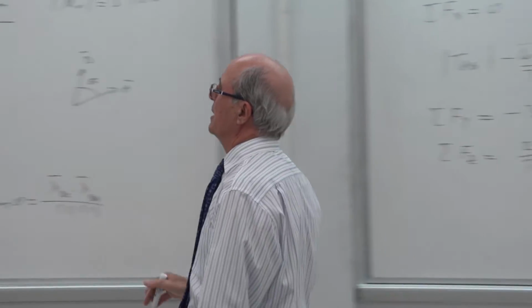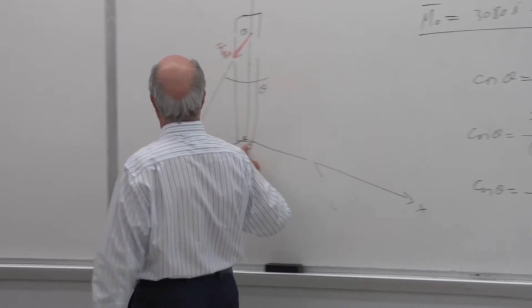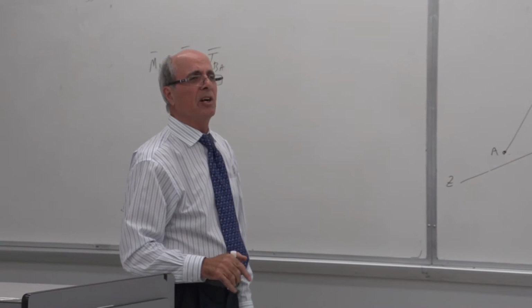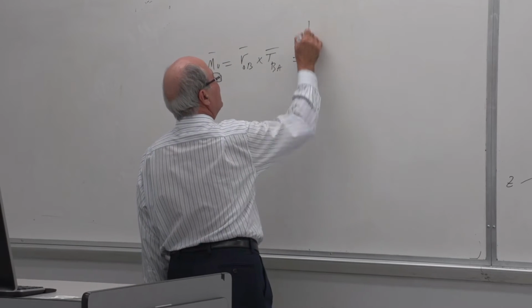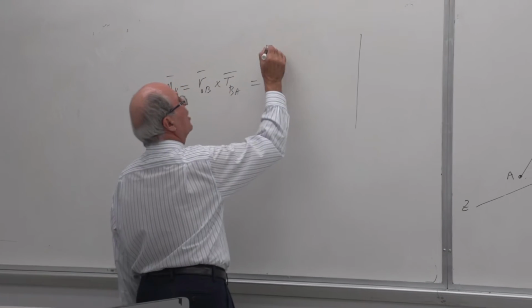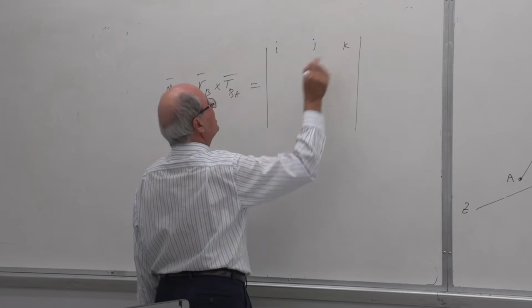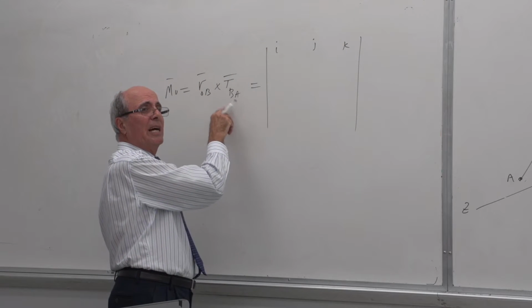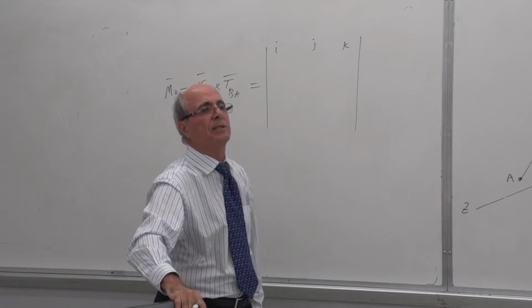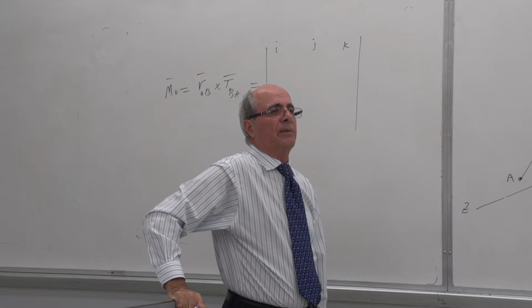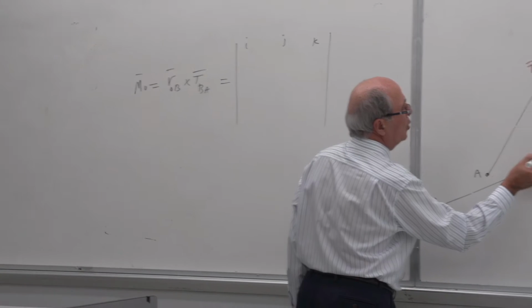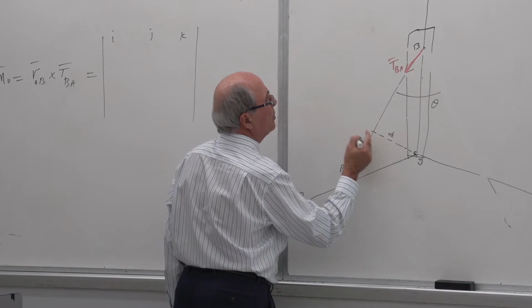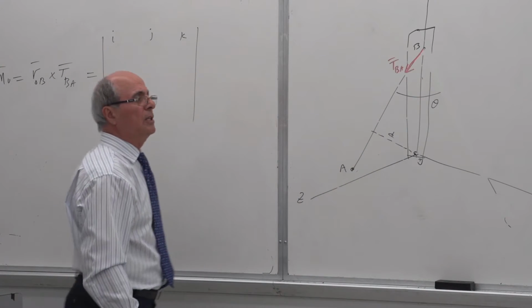First, we calculate the moment of this force about point O by using the standard cross product method, which we did last time. Remember last time we did it. I put here i, j, k, but last time this was not T_BA. That was the resultant of two forces. Yes or no? Correct or not? Yes? Therefore, hold on. I'm trying to find out only this D, perpendicular to this line only.